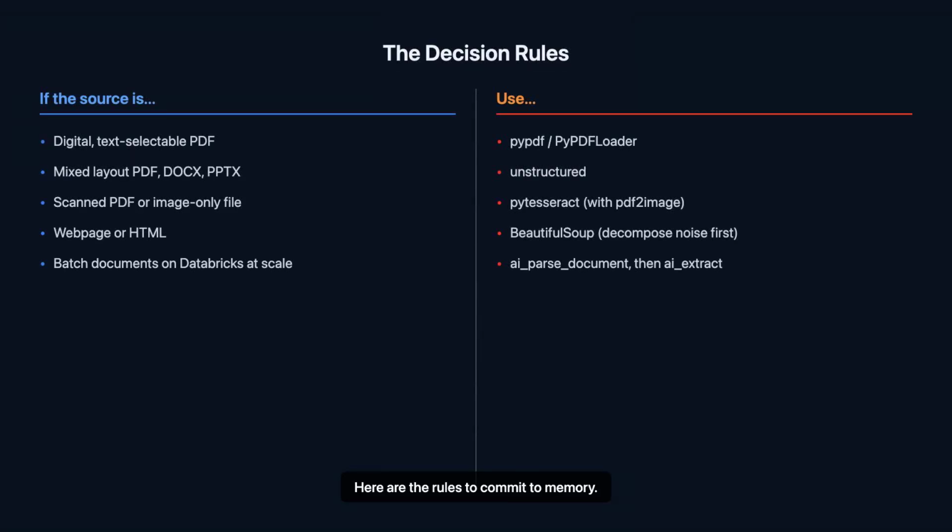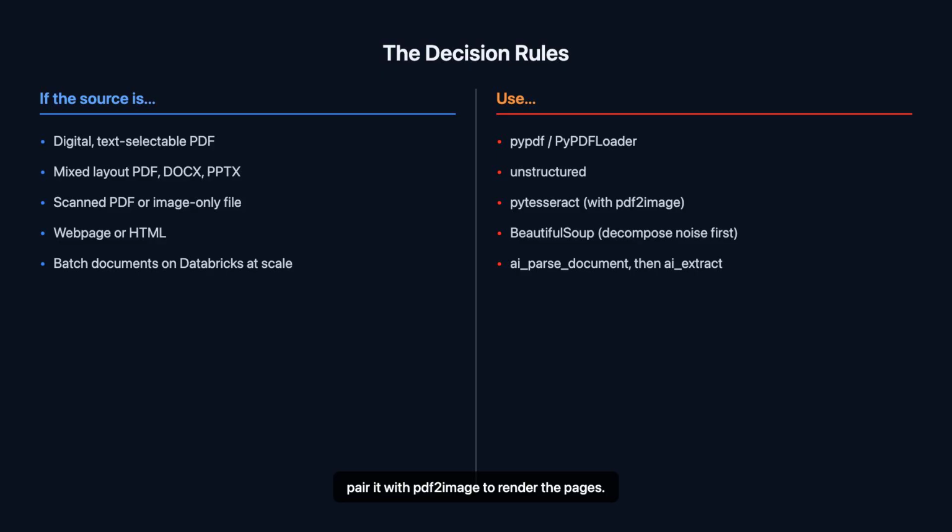Here are the rules to commit to memory. If the source is a digital, text-selectable PDF, use pypdf or PyPDFLoader. If the source is a mixed layout PDF, docx, or pptx, use unstructured. If the source is a scanned PDF or an image-only file, use pytesseract, pair it with pdf2image to render